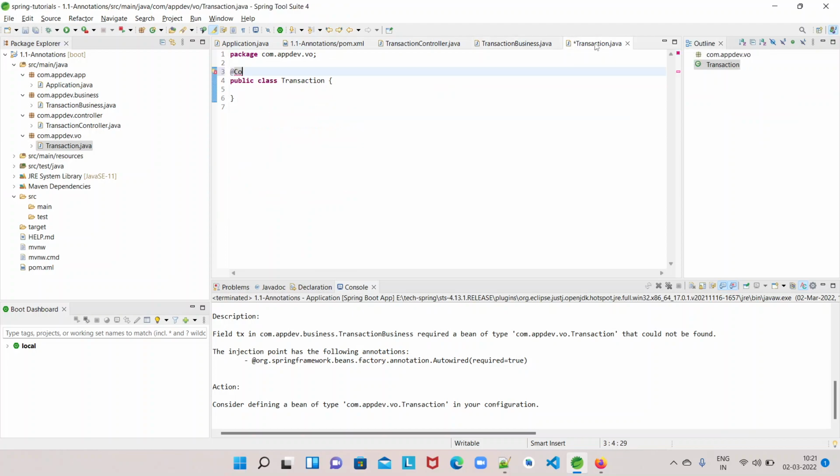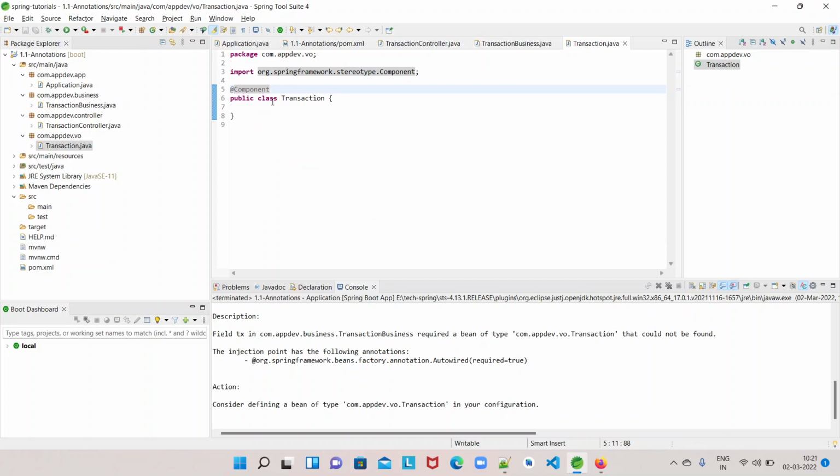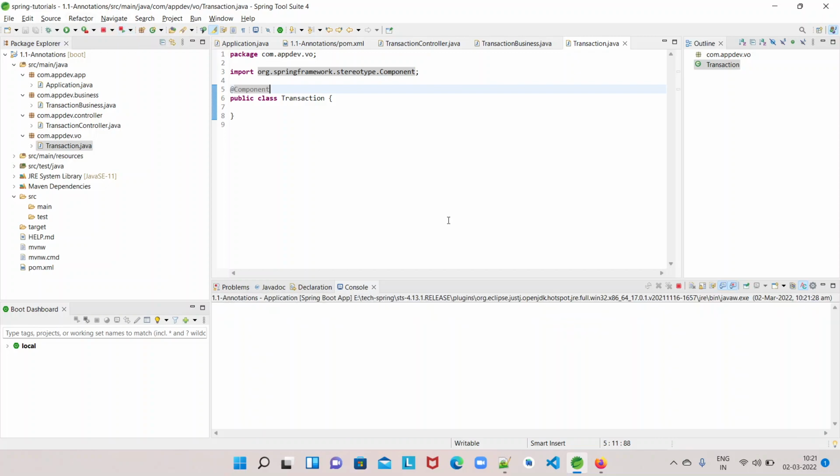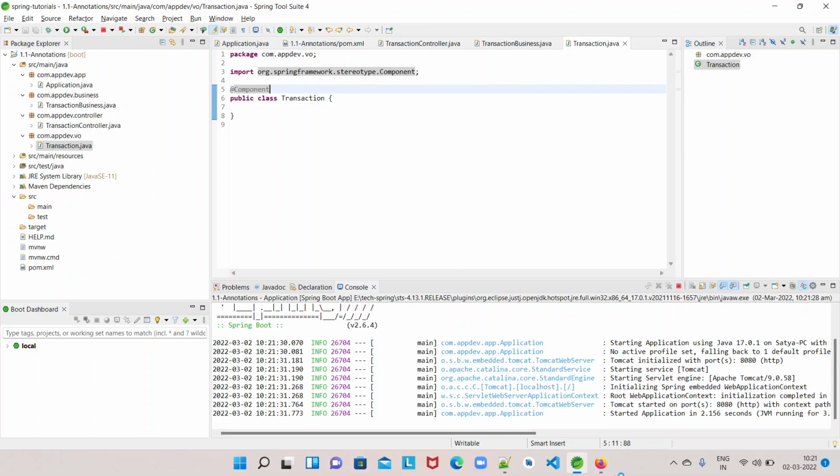The @Component annotation. Then only the bean will be managed by the container. Without that annotation, that's what it is saying: the transaction could not be found, it is not finding a bean. Now let's run it.